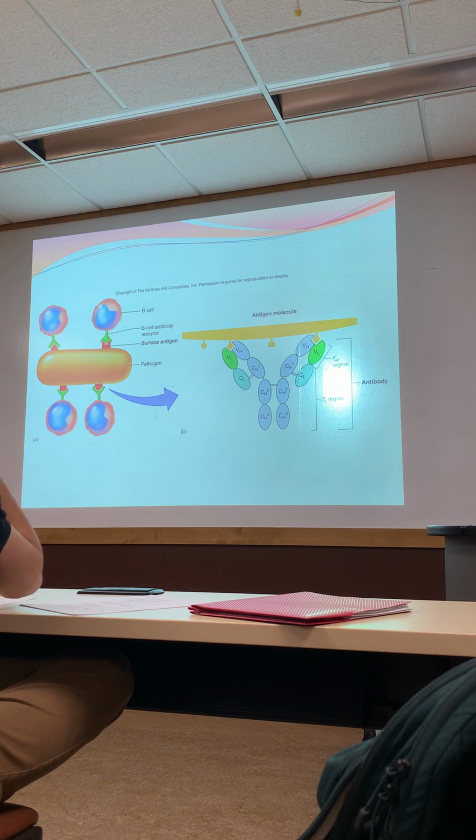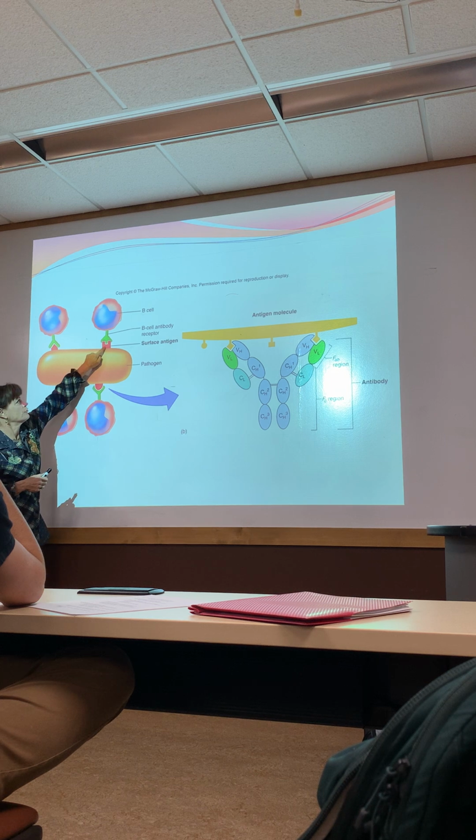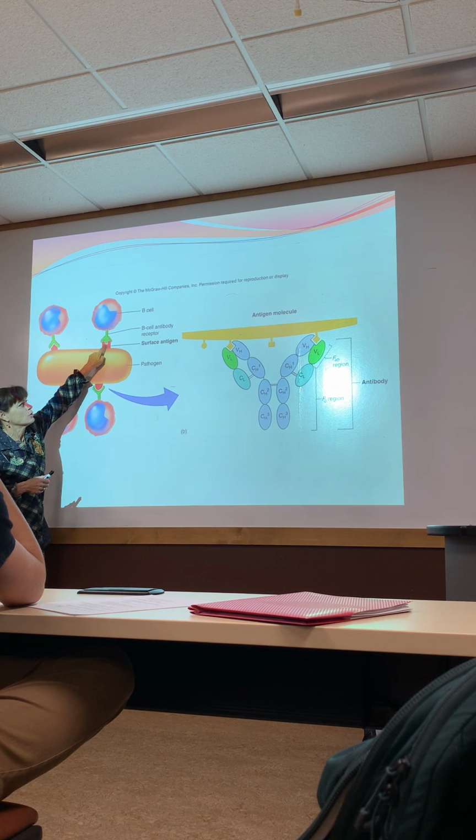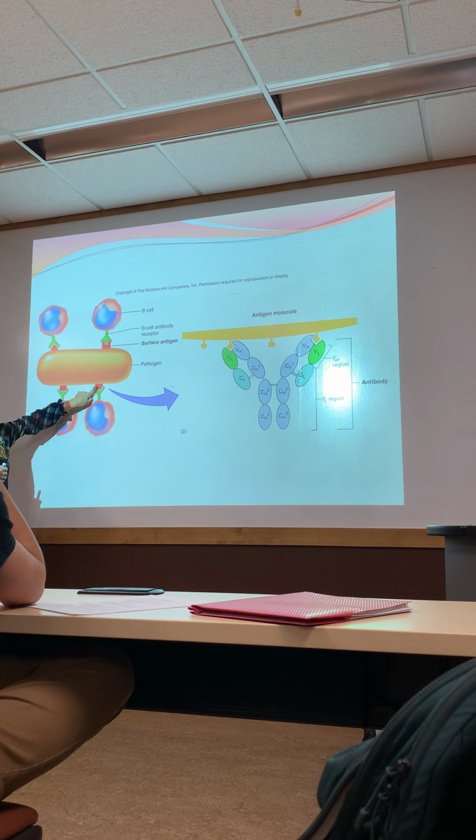We have the capability to make antibodies to any potential antigen. So here's a pathogen, some kind of bacteria, and on the surface it's got all these different structures. Because they're going to initiate an immune response, they're considered antigens. They look foreign to my immune system, and I can make antibodies that recognize this one, this one, and that one. We have the capability to make antibodies to anything we come across.